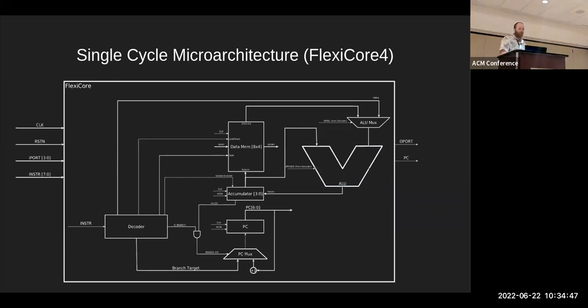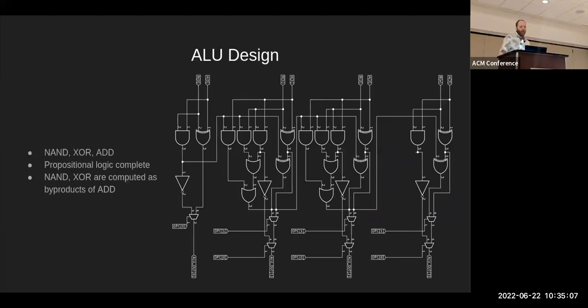Once we've made these architectural and microarchitectural decisions, most of the design is straightforward. In the FlexiCore 4 design shown here, the decoder is stateless, with its output being a function of the current value on the instruction bus only. In the FlexiCore 8 design, the decoder has a single bit of state, enabling the 2-byte load byte instruction. The add instruction is supported due to the prevalence of integer addition in nearly all computing applications. We chose the other two ALU operations, NAND and XOR, since these instructions enable Boolean logic completeness while also being produced as byproducts of addition. Thus, the only cost of supporting these two operations is the inclusion of multiplexers on the output of the ALU.